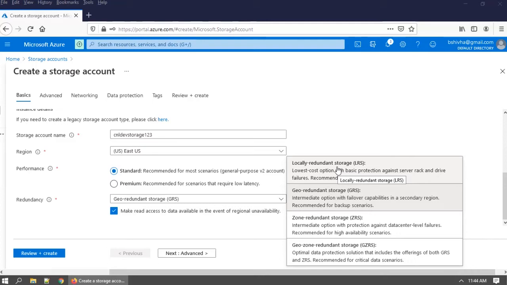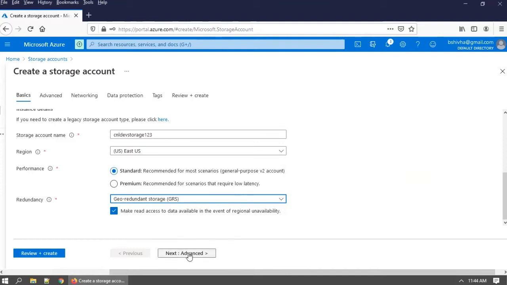And geo zone, if you have a primary and secondary, but the secondary can be used only for read based transactions, and the transaction is going to be across the globe and at zone level also, then go with geo zone. As of now, we will go with geo redundant storage.